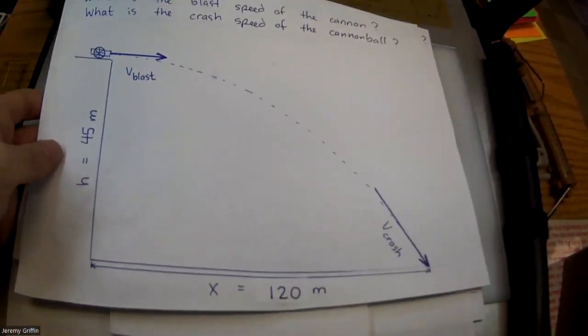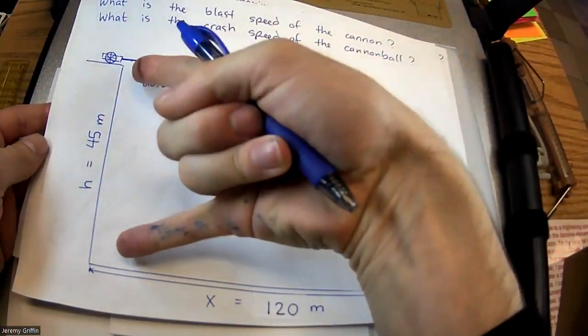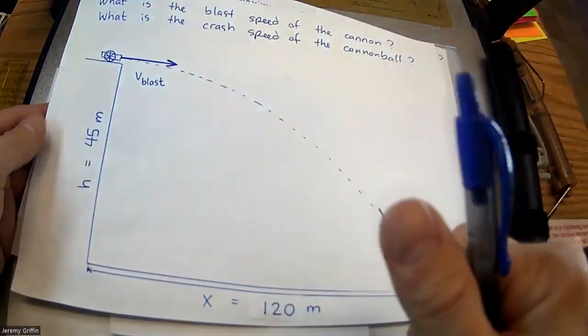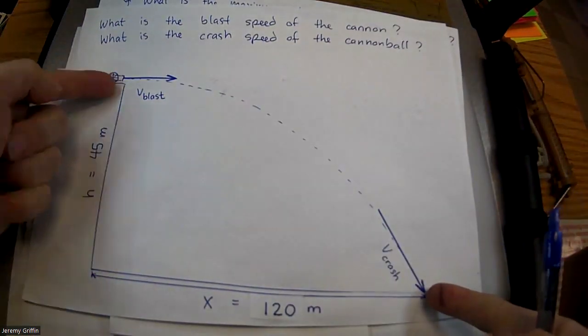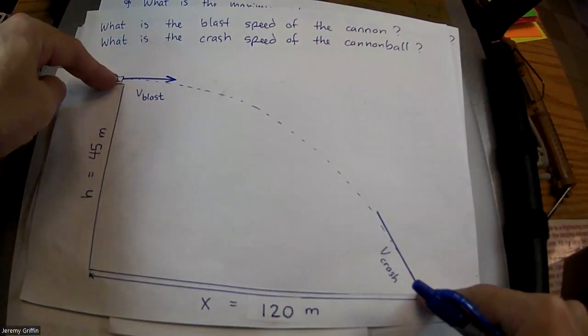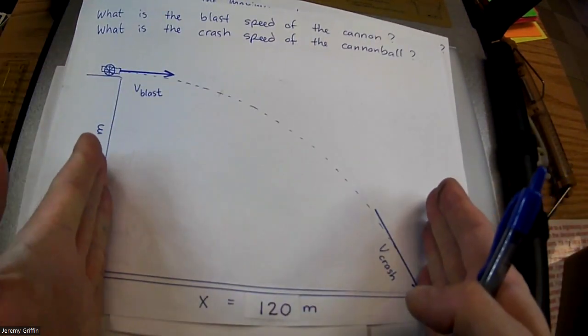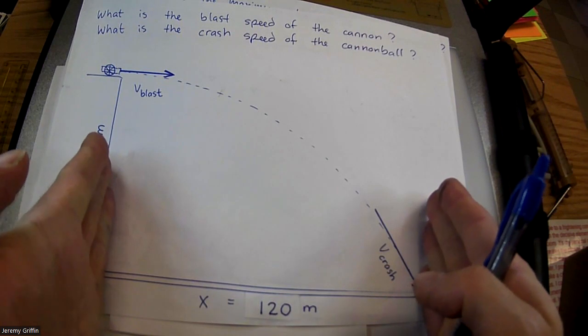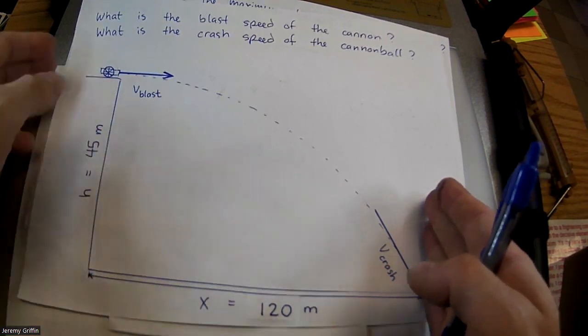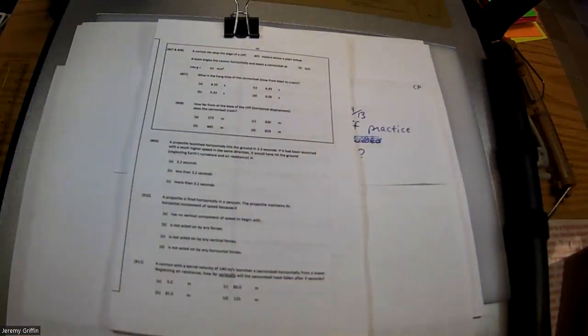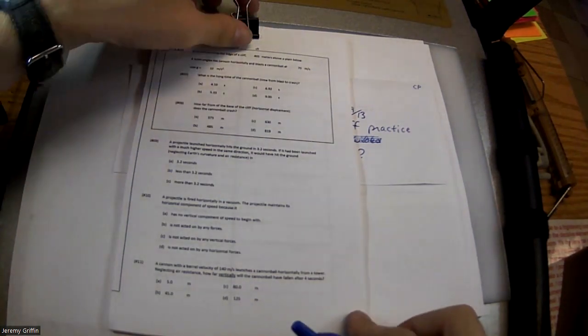cannonball land? So again, here's a pretty good picture for that scenario. I told you the height of the cliff, and I told you the blast speed. And the two questions are, what's the total hang time to get from point A to point B? What's the hang time? And the follow-up question is, how far does the cannonball land from the base of the cliff? What's the horizontal displacement? How far does it land? Okay, guys? Now we've solved a few problems like that, but just for super extra completion, I will